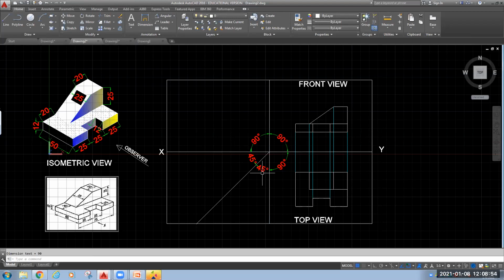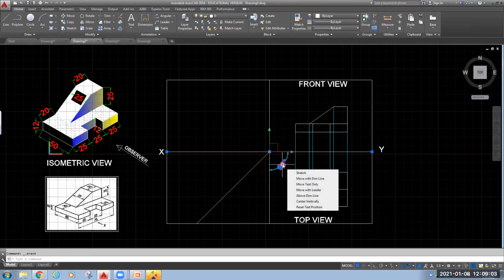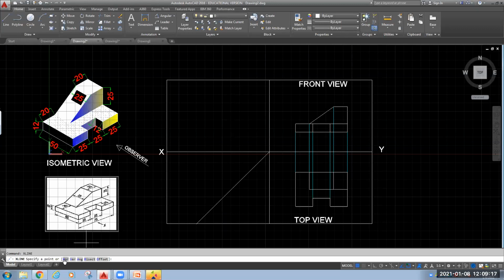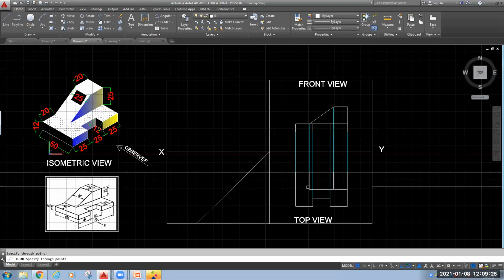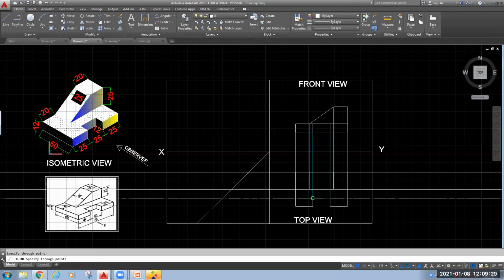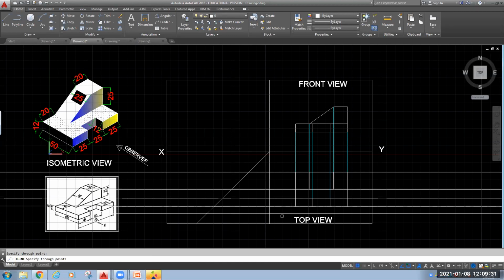Now I am going to delete these things for better clarity. Now again we need to draw the projection lines. For that we need X line. I have used X line and it will be horizontal. So the first option HOR will give me the horizontal projection lines. So I will project all the points that I want to project. After doing this,